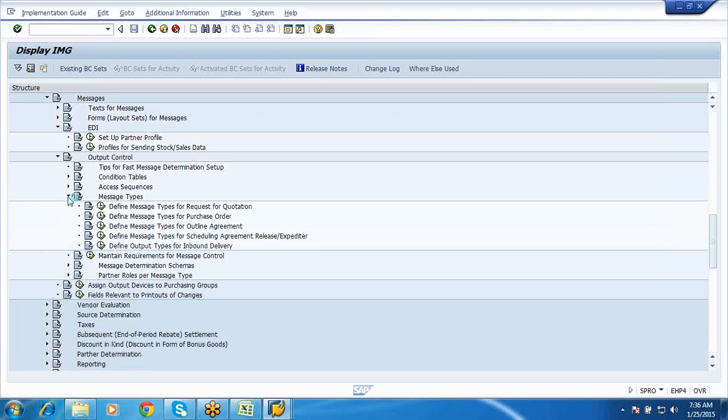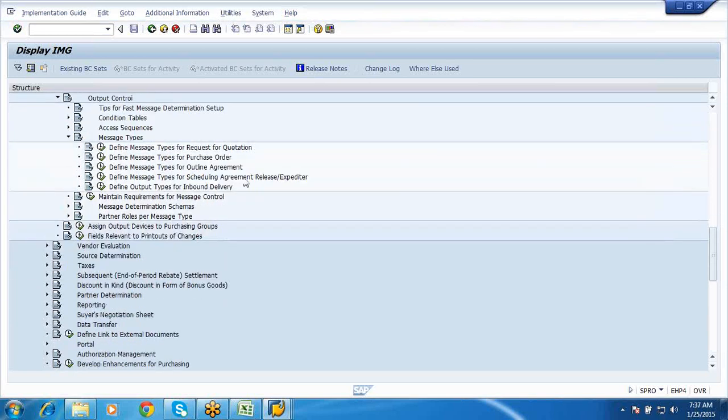Message types, see, what's the most common you used? I mean, to my knowledge, this one is the most common, right? No, external send, that is through email ID. That is the most common. Oh, really? Yes, email ID is the most common, and now they have started using your IDocs, intermediate documents. And do we have to know anything about IDocs? No, not necessarily required.